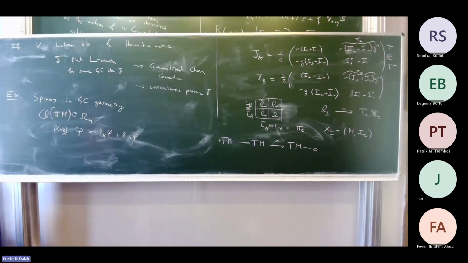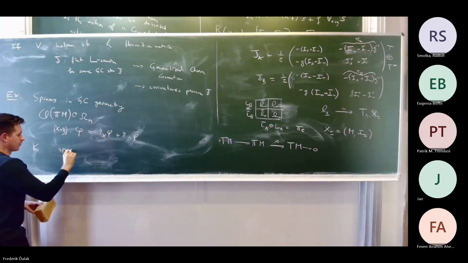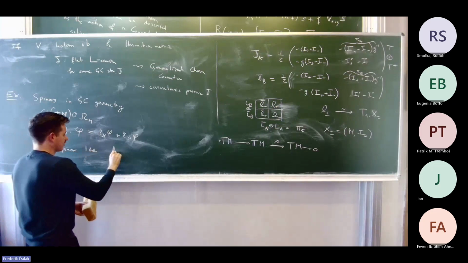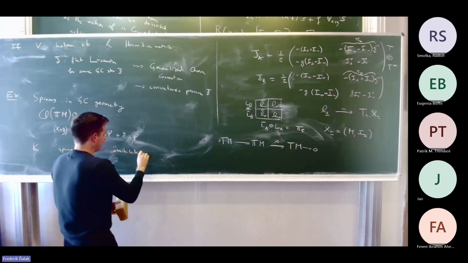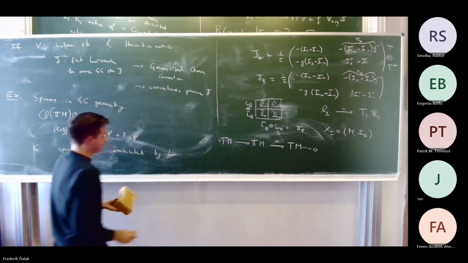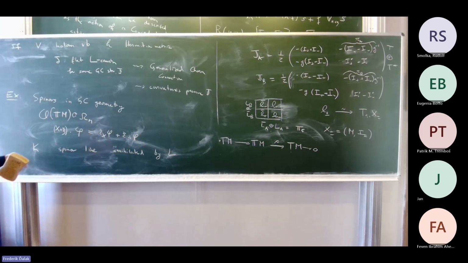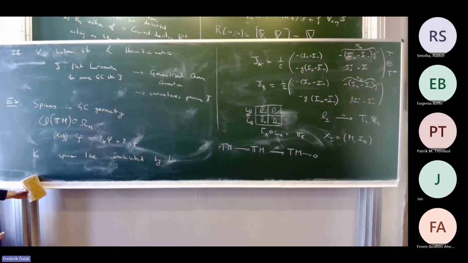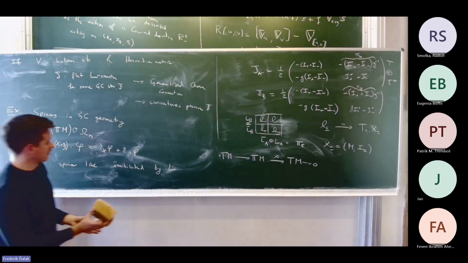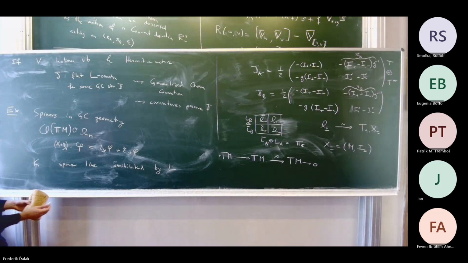And in particular, you can look at the spinor line annihilated by L. This is called the canonical line bundle of the generalized complex structure, and it has a generalized holomorphic structure on it. I don't have time to explain, but